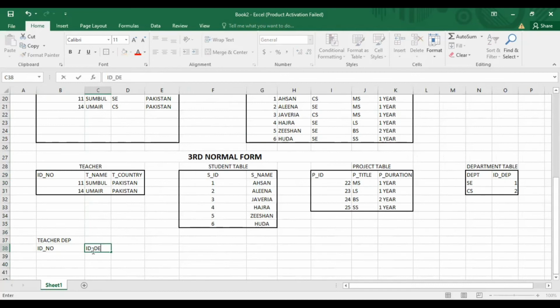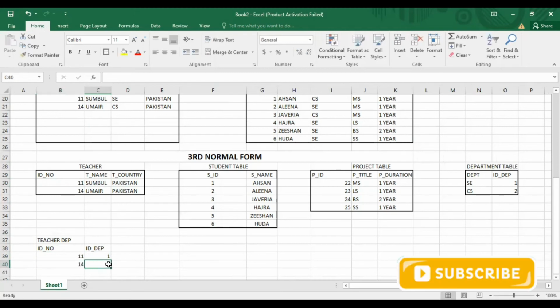So this teacher ID number is 11, in which department? SE. So write the ID of that. The ID of software engineering is 1. So teacher Sumbul is in department 1. And the teacher whose ID number is 14 is in department number 2, which is computer science.